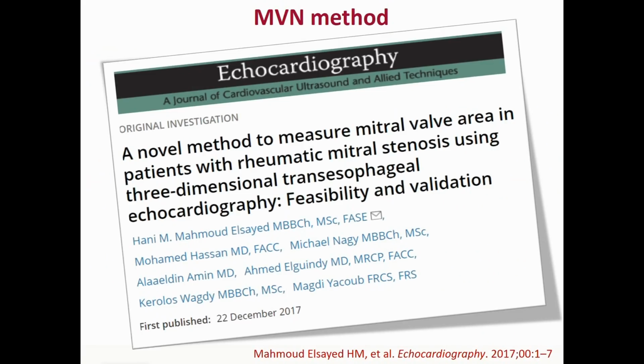and then in December 2017, a year after, we published the full paper with 30 patients under the title of A Novel Method to Measure Mitral Valve Area in Patients with Rheumatic Mitral Stenosis Using Three-Dimensional Trans-esophageal Echocardiography: Feasibility and Validation. Myself and the team compared this method with the MPR method of the mitral valve area calculation